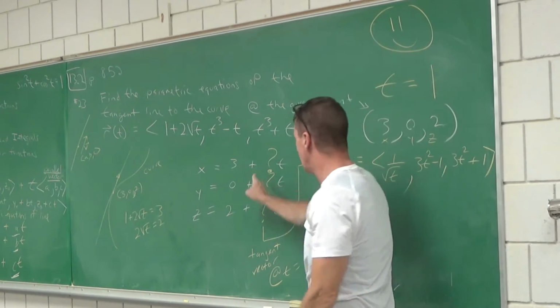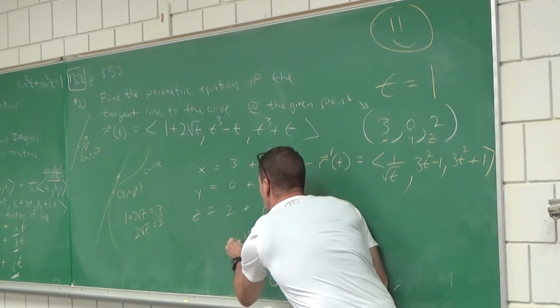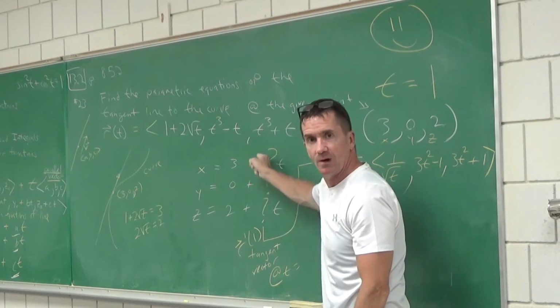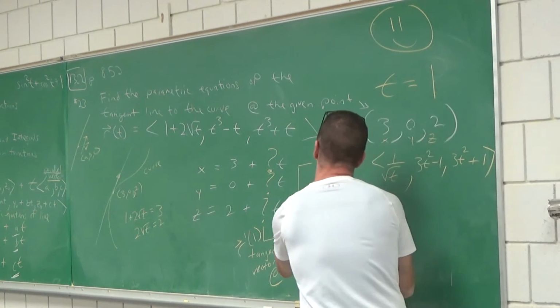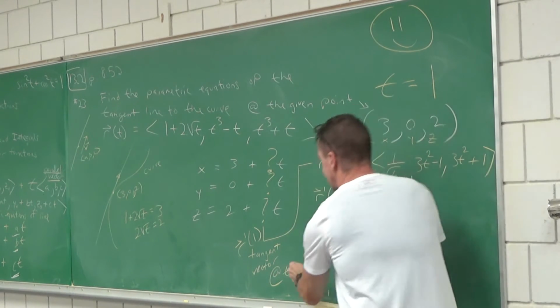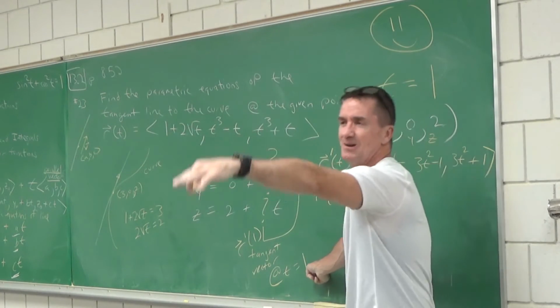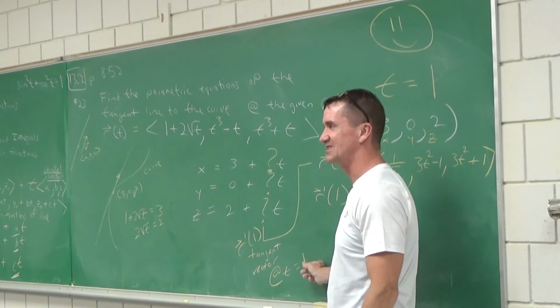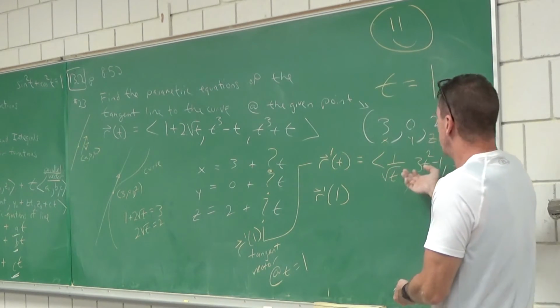So we're going to put here r prime of 1. That's what we're putting in here. We're going to put the vector r prime of 1 right there. Not just r prime of t. We're going to put r prime of 1 as our tangent vector at t equal to 1. Don't let this bug you. It's either t equal to 1 or t equal to 0 or t equal to 2 when you got to do this. And the biggest mistake, people just put this in front of there.